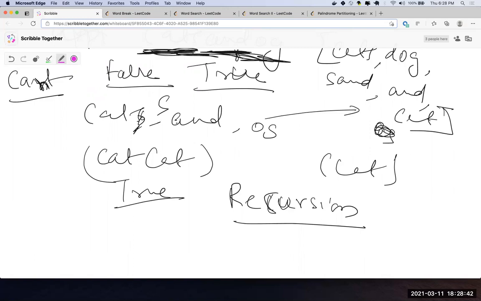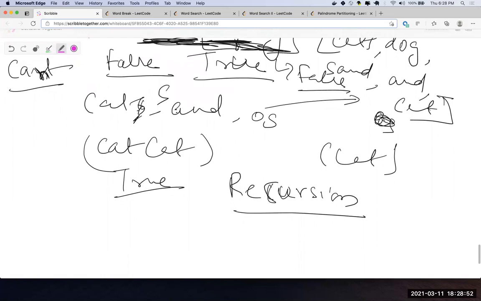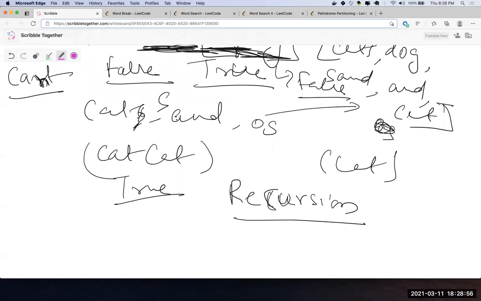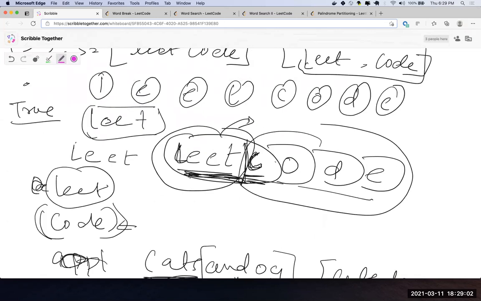Then you move on with the A and so on, and this will be false. My final answer would be false, because it doesn't exist in the dictionary. Eventually the answer will be false only, because there's no way you can make any words from this. Okay.